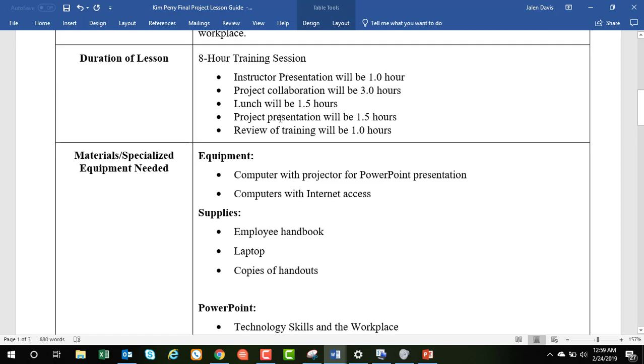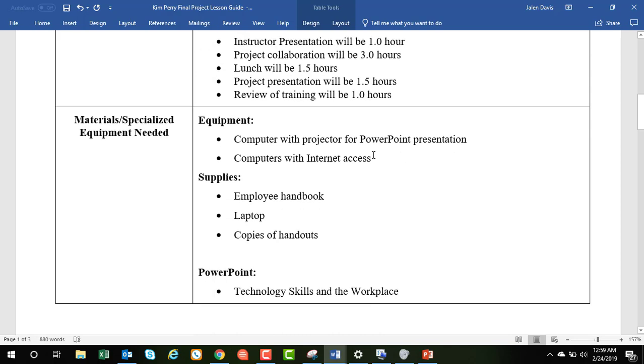After lunch, that's when the projects will be presented. And I slot it for an hour and a half. We usually have bigger training classes, and they're in groups of 5. So this could be anywhere from like 5 to 10 presentations. And then we'll also do a review of the training just to get their takeaways, get any feedback to what we could do better, any feedback to the technology that we are currently using and how we could kind of implement that better. Or even things like how we could help them more or guide them more throughout the